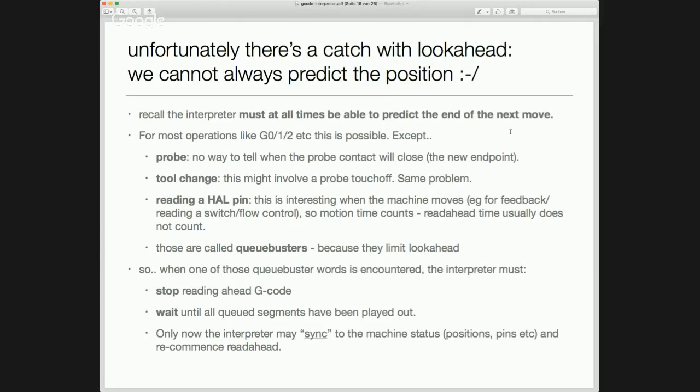And the third one is reading a HAL pin through the motion HAL pins. There are a couple of pins which you can read through the M67 and M68 commands. And that's kind of tricky because it's not quite obvious why that is the case. Now,